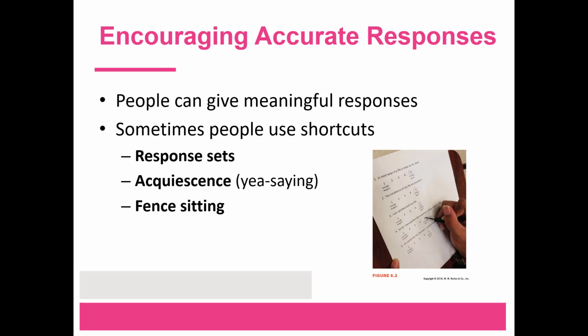Another shortcut is to play it safe by choosing the response in the middle of the scale for all items. This is referred to as fence sitting. This might involve providing a neutral response or responding, "I don't know." Fence sitting weakens construct validity when respondents actually have a positive or negative opinion, but their responses indicate neutrality. It is difficult to distinguish fence sitters from those who truly feel neutral. One solution is to remove the neutral center option so that there are an even number of options, while another solution may be to simply use forced choice.